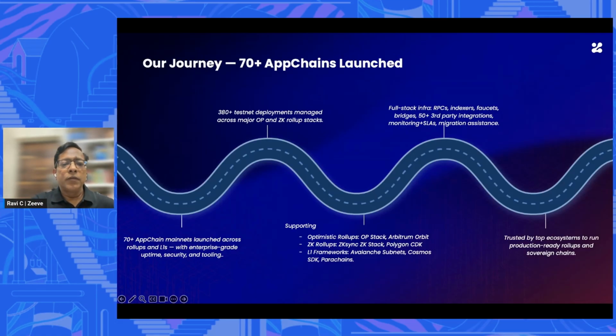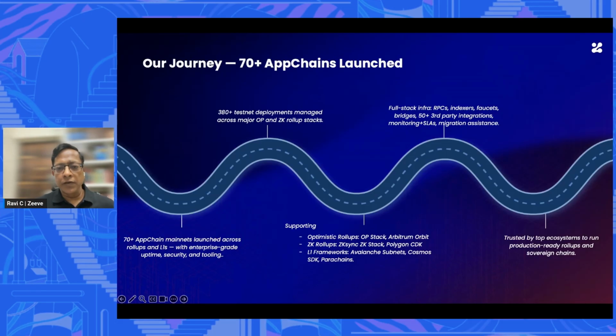And we realized that launching your own app chain, especially getting the same kind of experience when you deploy your dApp on a public chain, it should be similar. It was not so 4 years back when people were forking Ethereum or Bitcoin or different other protocols.